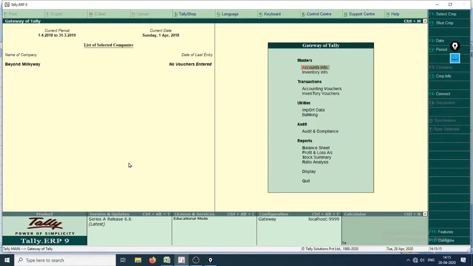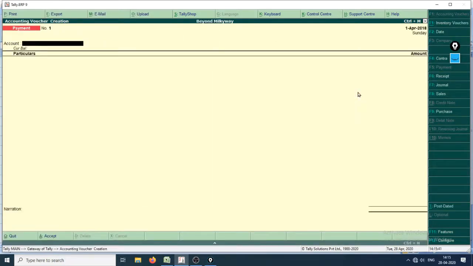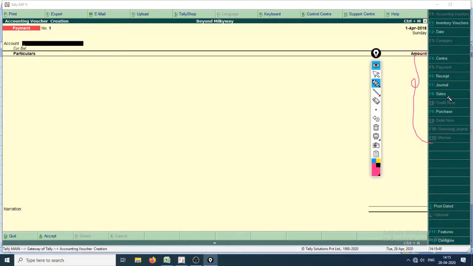Okay, and then you have to go to which column? Inventory info, accounts voucher, inventory voucher. Which one? So we are making cash entries, hence we have to go to accounting vouchers. That is V, the hotkey for accounting voucher. Okay, this is an important hotkey, and by now you should know accounting voucher. Okay, so these are the various voucher types, or journal entry types, you can say.